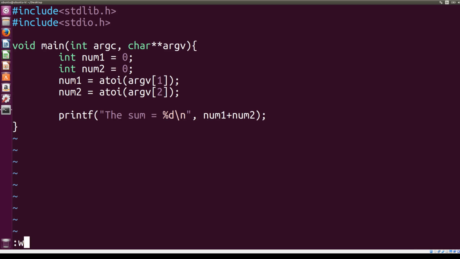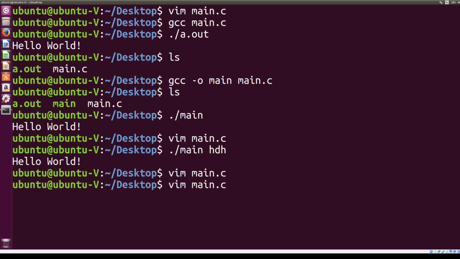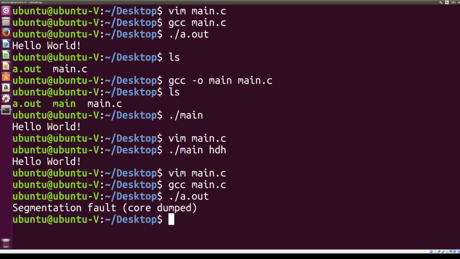So let's save it, compile, I would like to leave it as a default one because other files don't matter, and then edit out. Yeah, and to run the program as you have seen before, you need to add the dot before the file name. And you see segmentation fault. And this is because I haven't added the numbers, and I knew that this was going to happen. But if I add the numbers as arguments, I'm going to get the sum is equal to 7,